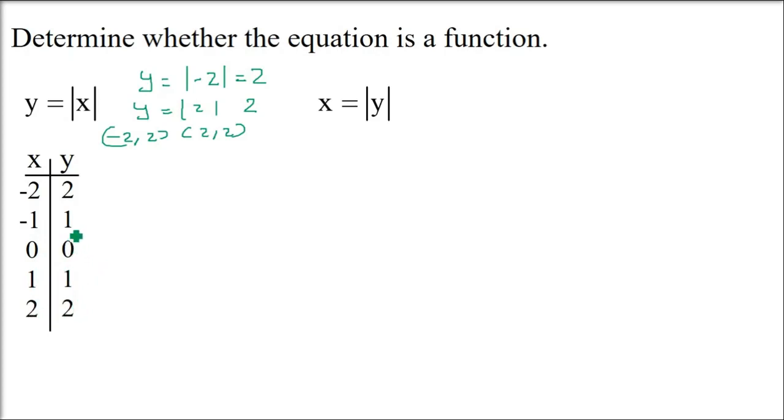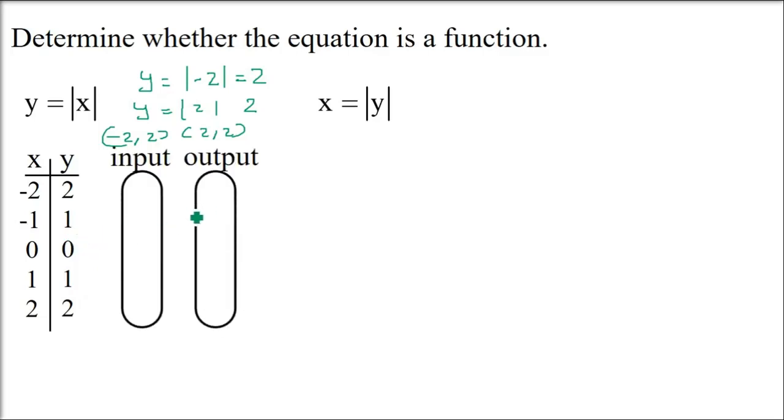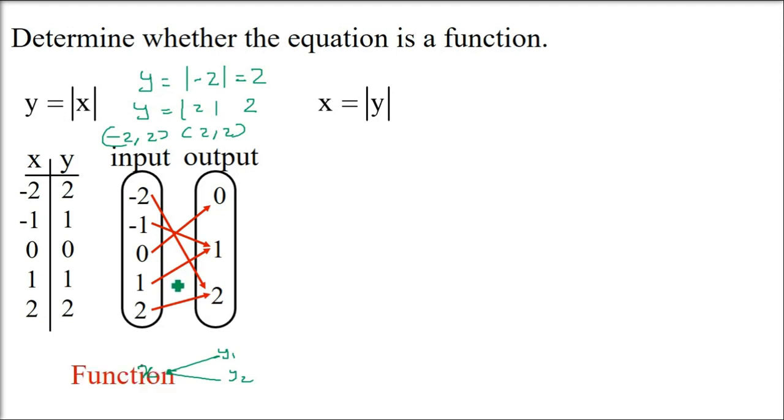Do you see any problem here? As far as the function definition is concerned, is it contradicting? Let us do it as mapping. Now it will be very clear. Because we know one value should not point to 2 values. By the lines I can find out. In these mappings, one value should not point to 2 values. Is any value pointing to 2 or more than 2? No, it is not there. So this is a function.